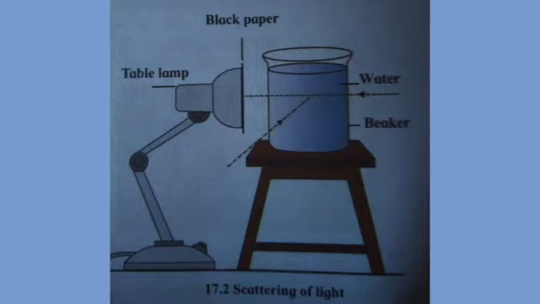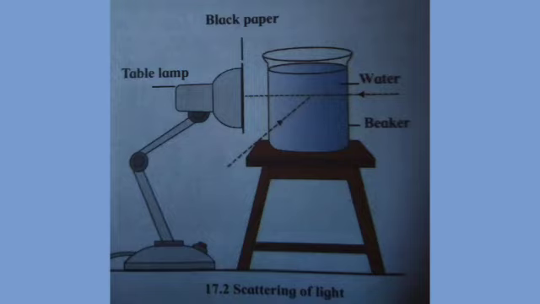Now the procedure is, you have to cover the mouth of the lampshade properly with black paper using sticking tape. Prick a hole of 1 to 2 mm diameter in the center of the paper with the help of the packing needle. Take clear water in the beaker, light the bulb and place the beaker in contact with the hole. Observe from the front and at an angle of 90 degrees. Now add 2-3 drops of milk to the water and stir. Observe again. A few more drops of milk may have to be added to make the water turbid.